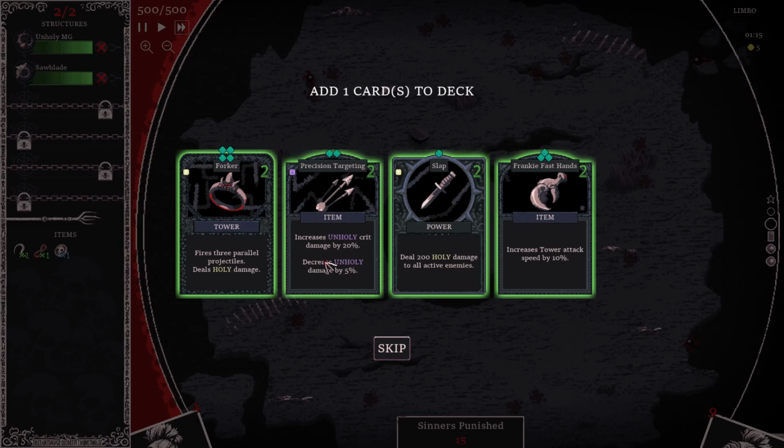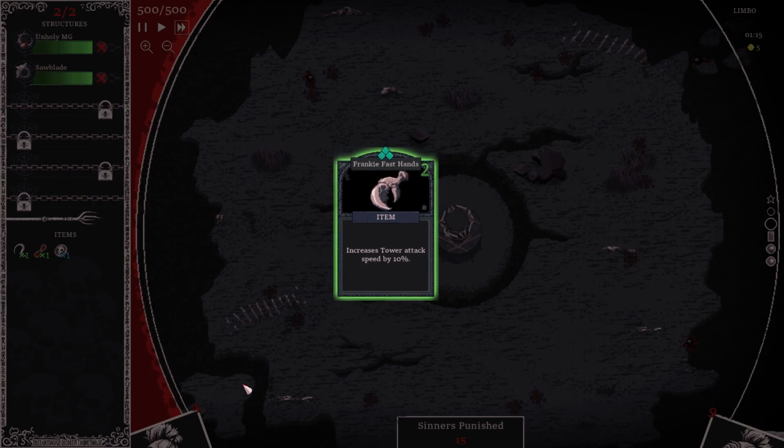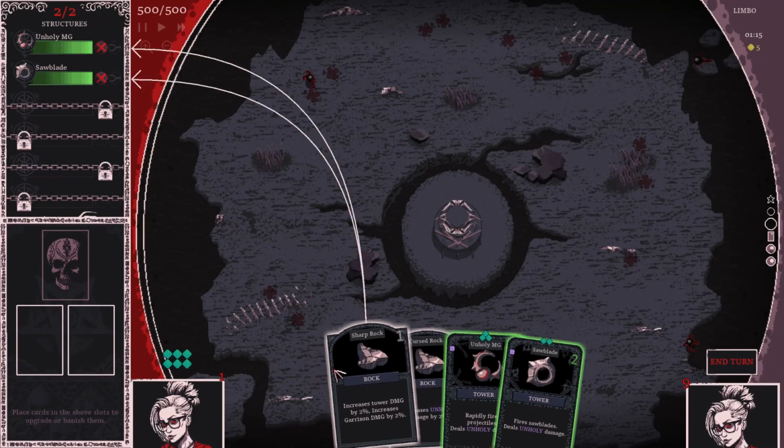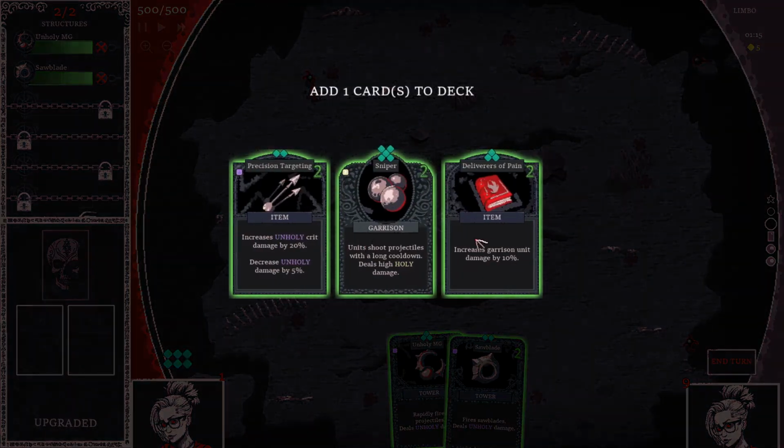Ooh, this is so good. Precision targeting. Increase unholy crit damage by 20%. Decrease unholy damage. Oh no, that decreases unholy damage, but increase crit damage. Nope, I don't want that. I want to increase my tower attack speed. So that goes into our deck. And we get 4 more cards now. Let's combine both the level 1s to get...